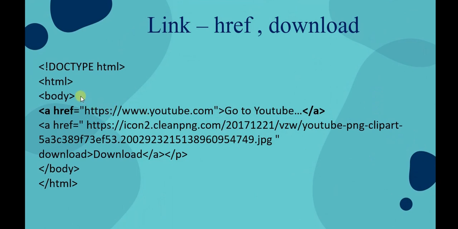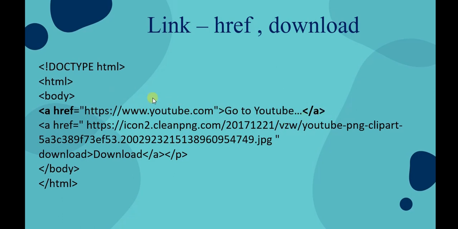As we said in an earlier video, the top 3 and bottom 2 lines are the syntax of HTML, which was explained in previous videos. Now we go into the body of the HTML to see how to insert a link. The syntax for inserting a link is less than a greater than, which is the opening tag for a link. The ending tag for a link is less than /a greater than.